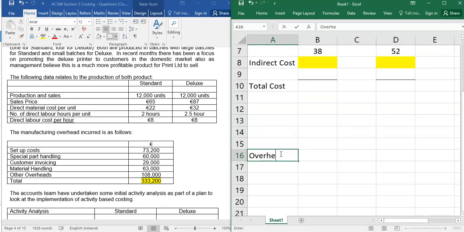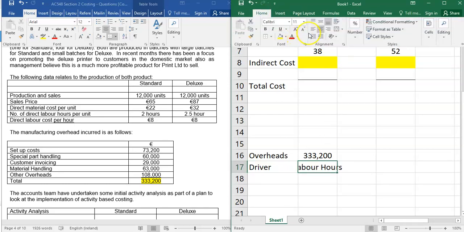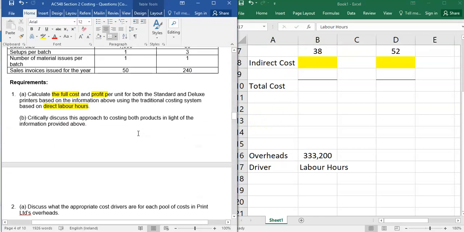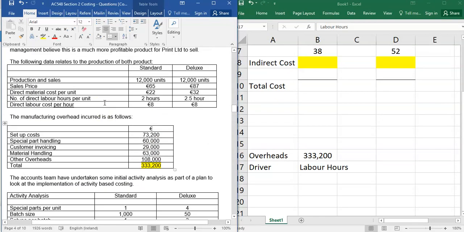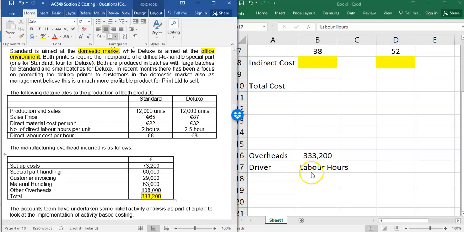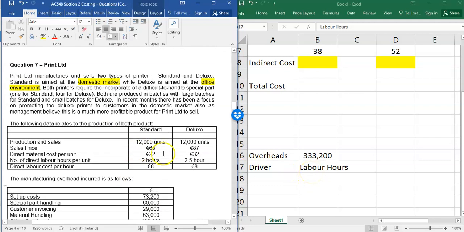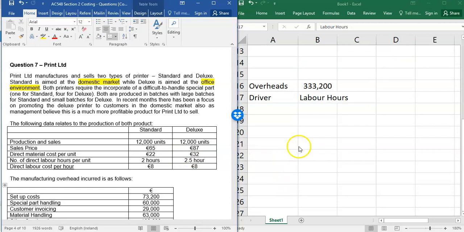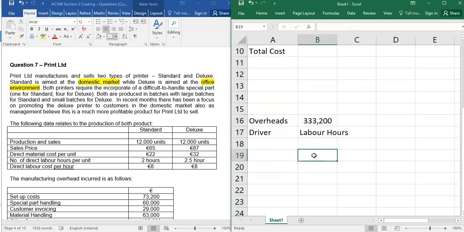So we'll come down here a second. You have the overheads of 333,200, and the driver is labour hours. It doesn't always have to be labour hours, it can depend on the question, but this one we kept similar to the Alata question. Direct labour hours. So the first thing we have to figure out is how many direct labour hours we have in total. The total labour hours will be 12,000 units of standard at 2 hours each,